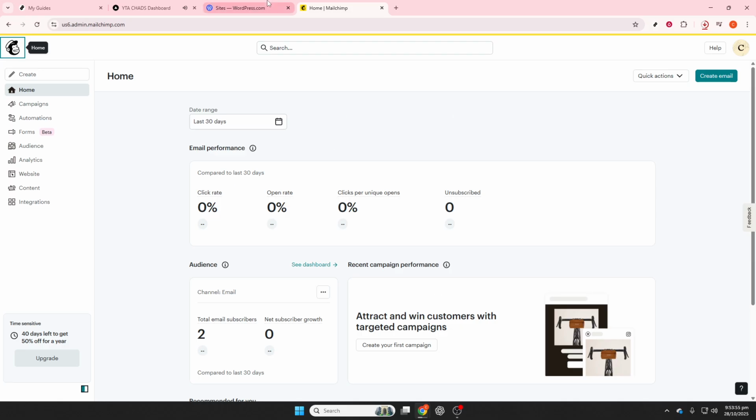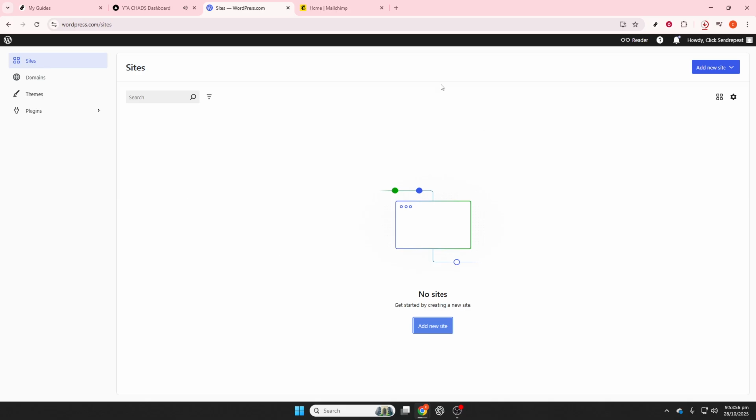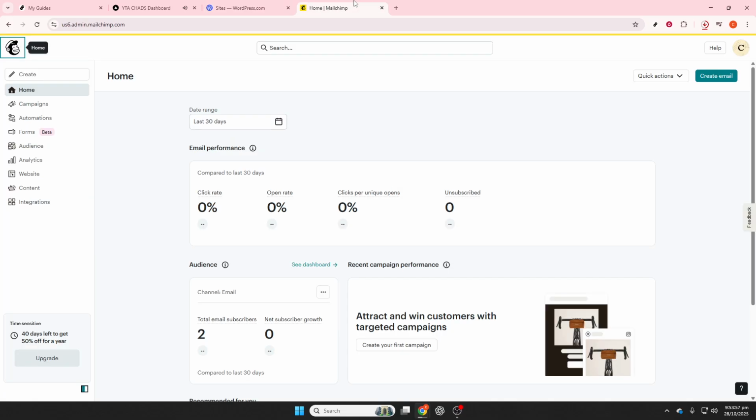For increased visibility, consider placing the form in multiple spots on your site, such as your footer, sidebar, or a homepage banner. You can even use it as a pop-up. Mailchimp provides an option for this too. Embedding it on blog posts can attract